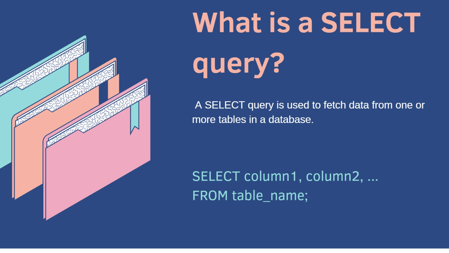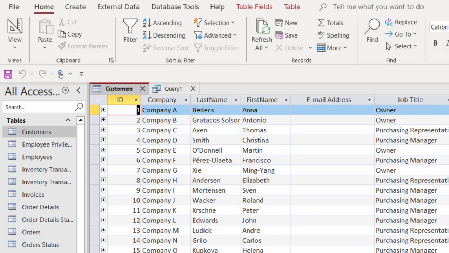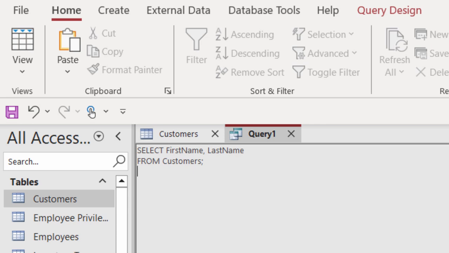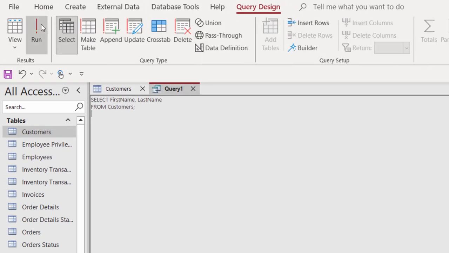Let's write a simple select query together. Suppose we have a table named customers with columns for ID, first name, and last name. If we want to fetch the first and last names of all customers, we would write SELECT first_name, last_name FROM customers. Once you run this query, Access will display the results in a datasheet view, showing only the